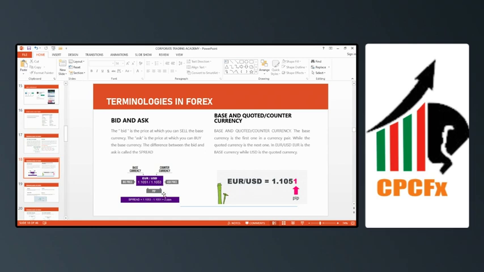Okay, so this takes us quickly to what we call the spread. When you subtract the bid price from the ask price, you get the spread. The spread is where the forex trader normally gets their profit and loss from. So if the spread of euro USD is too wide, your profit margin will be delayed, because the tighter the spread, the faster your